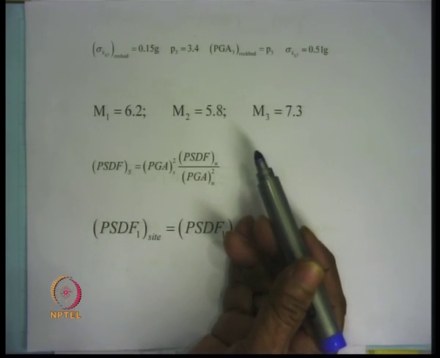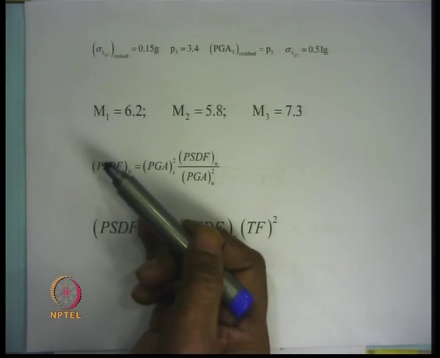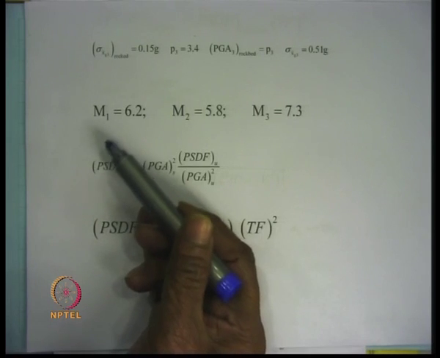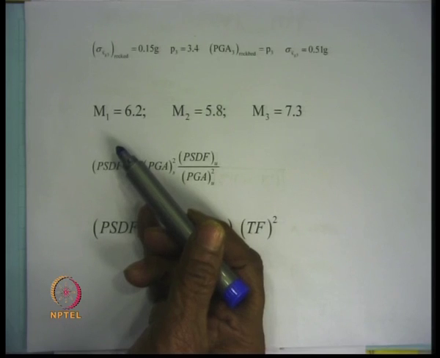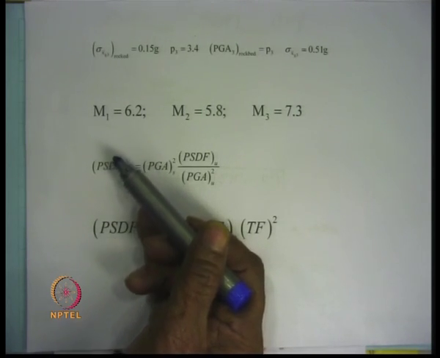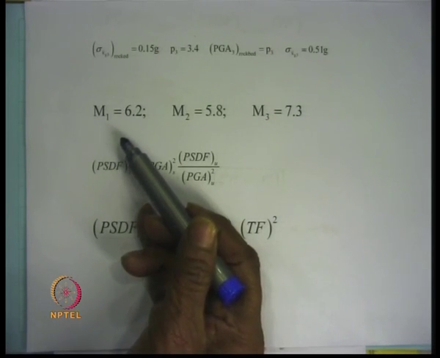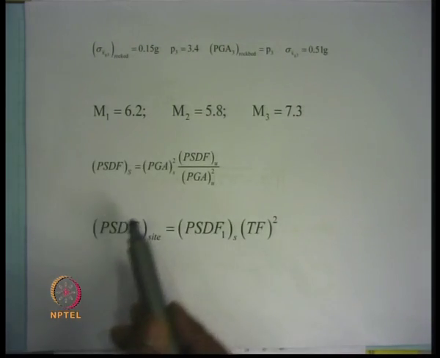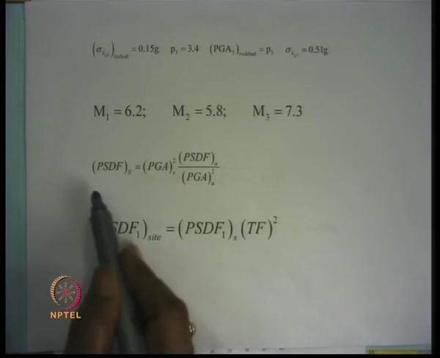So, once we provide these two pieces of information, from there we get the peak ground acceleration which should exist at the rock bed level for the site for which we want the site specific spectrum. So, once we know the peak ground acceleration of the site, then one can obtain the scaled power spectral density